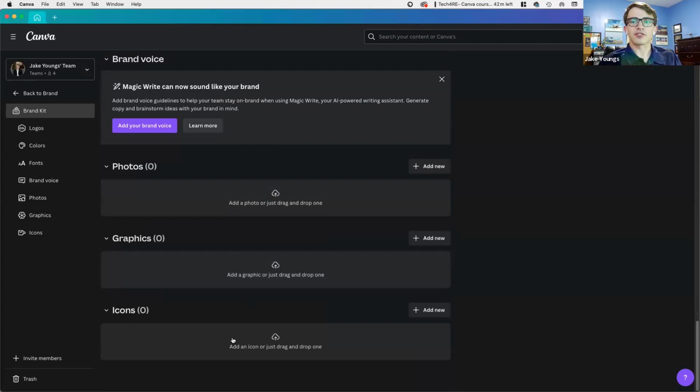And then photos, graphics, and icons. Not really sure how icons is different from the logos and stuff that you can load in here, but you can upload your custom photos and custom graphics, and it'll allow you to kind of do the same thing with drag and drop into a design. So if I come back over here,